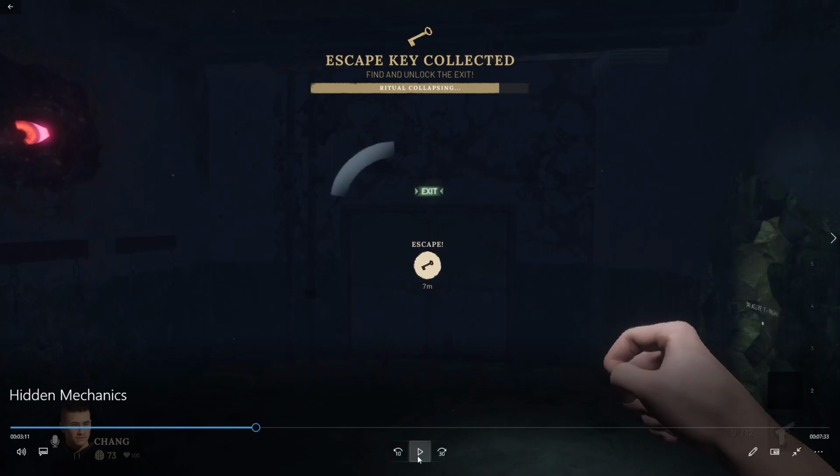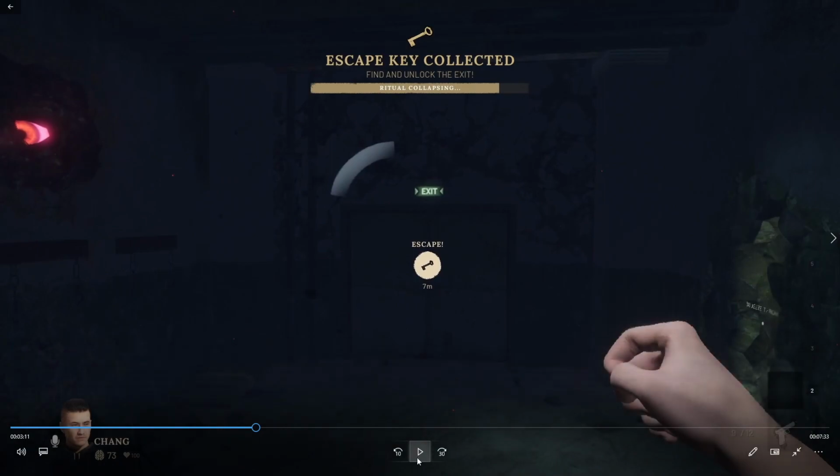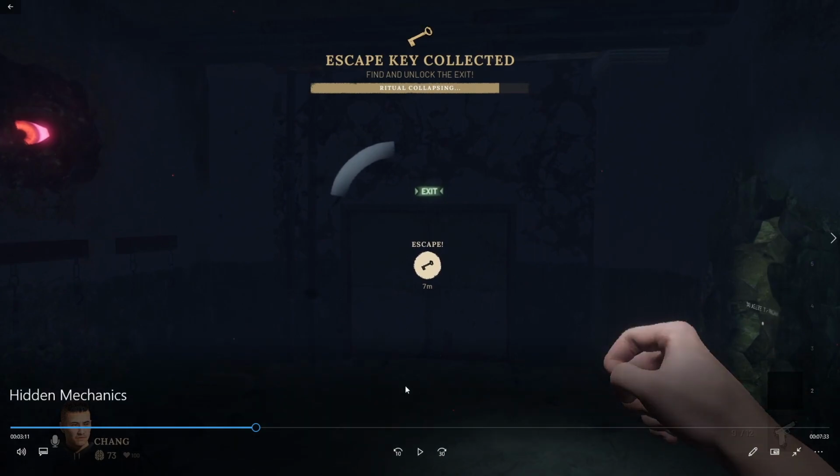So once you know which shop goes to which door, it's actually pretty much muscle memory, right? You simply run to where the door is, and once you know where